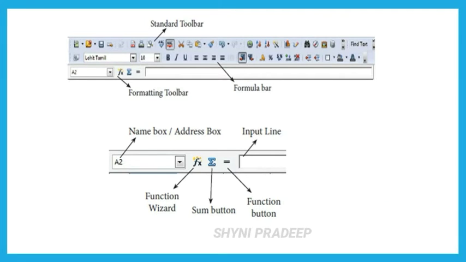The standard toolbar contains frequently used file, edit and data menu commands such as new, open, save, send, print, preview, cut, copy, paste, sorting, inserting chart, etc. The formatting toolbar contains frequently used text and cell formatting commands such as changing font style, font size, font color, alignments, cell formatting, etc. And next, formula bar. This is a very important element in a spreadsheet. It contains the name box, function wizard, sum button, function button and input line.